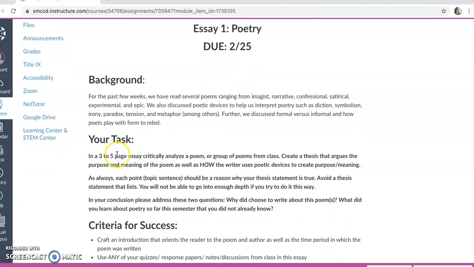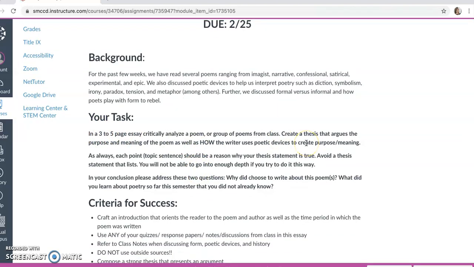It is a 3 to 5 page essay, 3 meaning minimum. So you can just turn in 3 pages and that's more than adequate, but no less than 3, no more than 5. Okay, and the big thing is making sure that you're really arguing about how the author uses devices